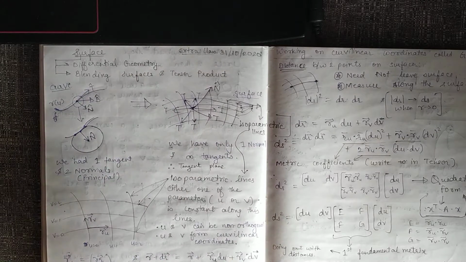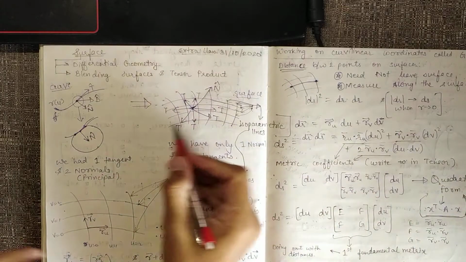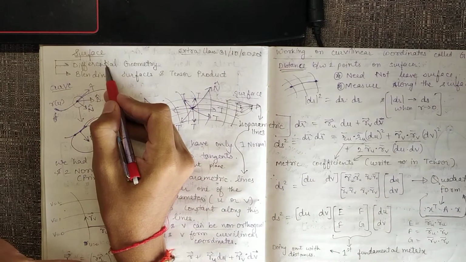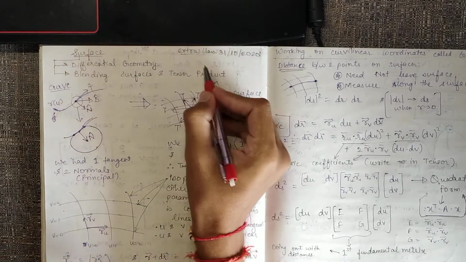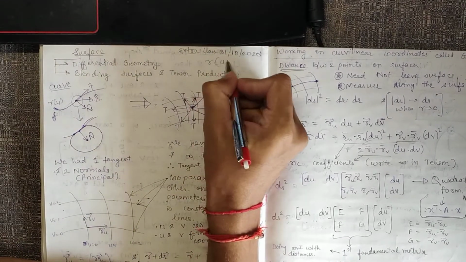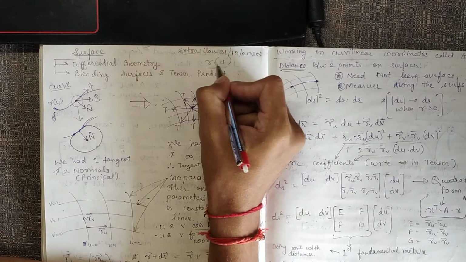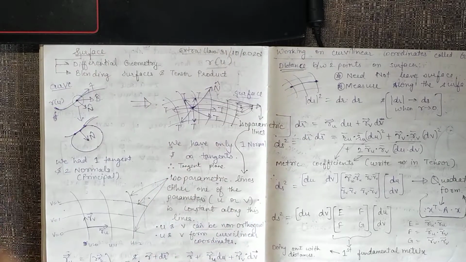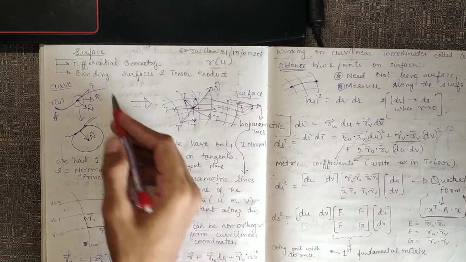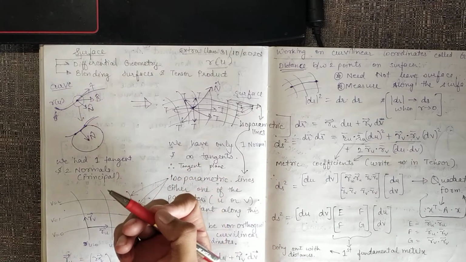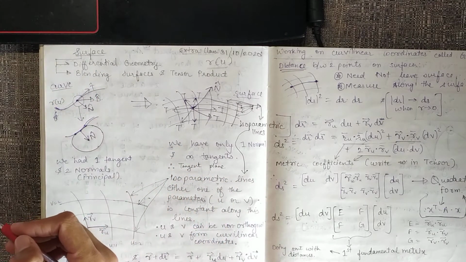So starting with surfaces, this is a kind of continuation from curves. We had simple curves, which were described by R of u, with only one parameter u, and now we have surfaces, which will be described by two parameters, u and v. The main things we need to study are the differential geometry related to curves, and then